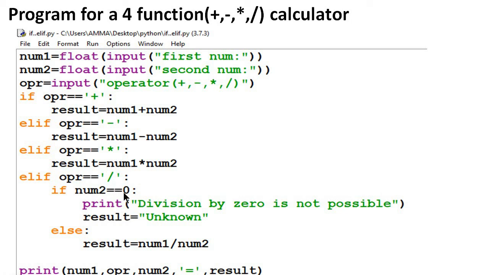If the second number is not equal to 0, that I have given in else part, result equal to num1 by num2. At last, print first number, operator, second number equal to the result. Okay. See, I have given an if-else statement inside elif statement. This is called nested if-else statement that we will discuss in detail in next class.